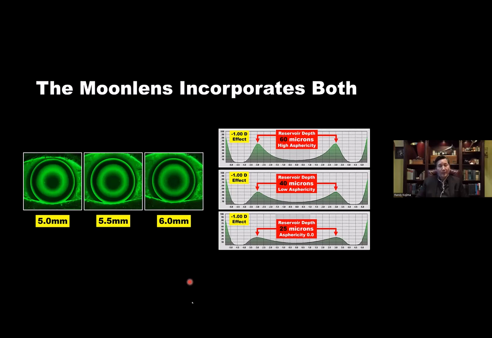They're going to complain about their vision and probably wash out of Ortho-K. We want them in the big optic zone. But the kids, we want them in the smaller optic zones with the high asphericity, creating that better myopia control